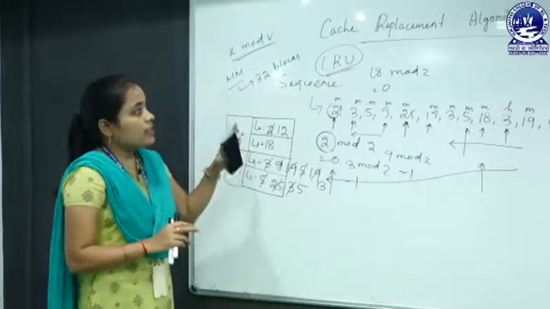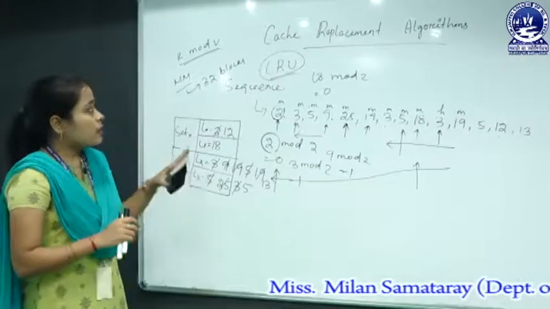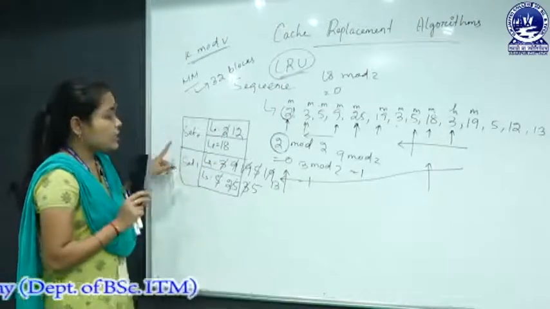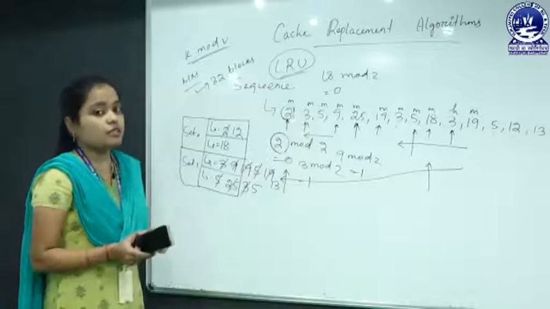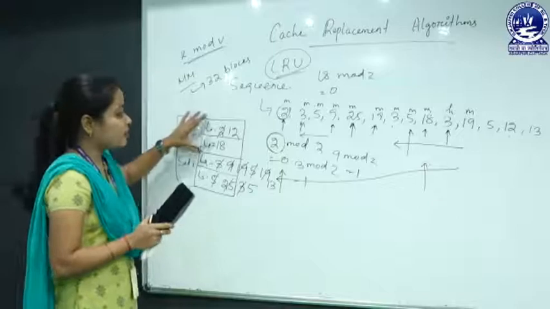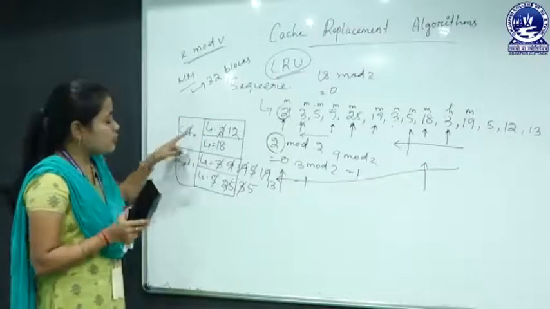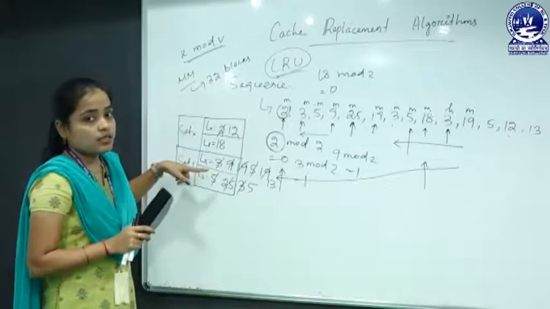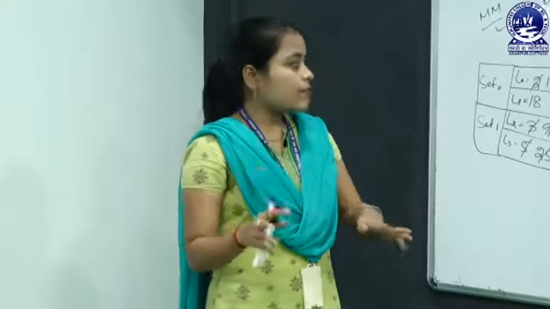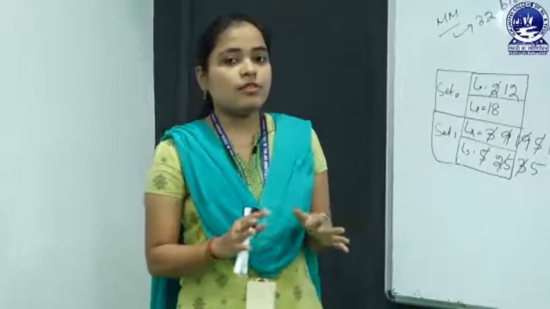And when a question comes about the cache replacement algorithm, you have to check whether that replacement algorithm is used in the set associative mapping or in the associative mapping. Because in the set associative mapping, you have to divide the number of lines into sets, but in the associative mapping, you do not need to divide the lines. You have to check in the question about that. So this is all about today's class.